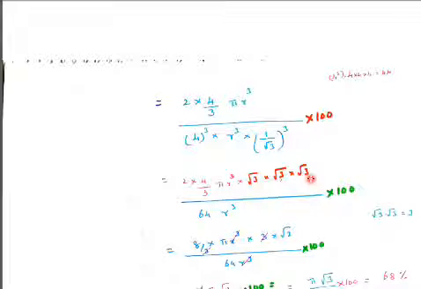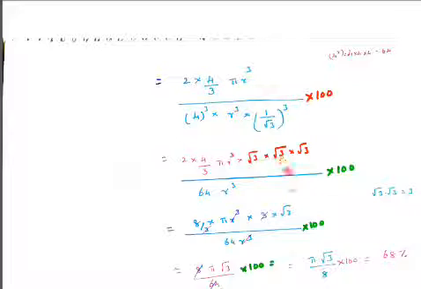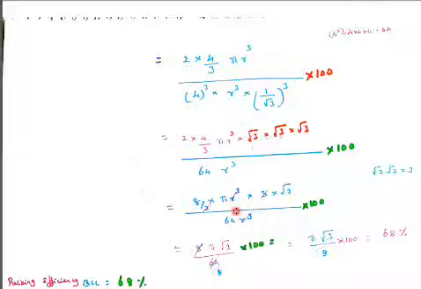Here 3 root 3s are there. Root 3 into root 3 equals 3, so instead of this I have written 3, and this remaining root 3 I have written here. And here 2 into 4 is 8. Here this 3 and this 3 cancel. The r cubed cancels. Then 8 cancels, 8 eights are 64. So what I got in the numerator is the pi value and root 3 value, and in the denominator 8, into 100. So I have written clearly here: pi root 3 by 8 into 100.